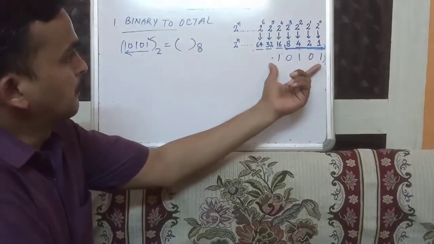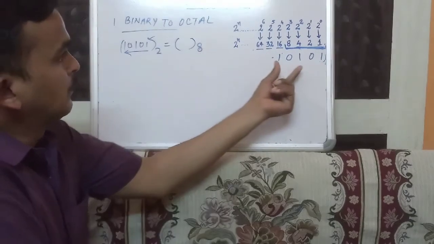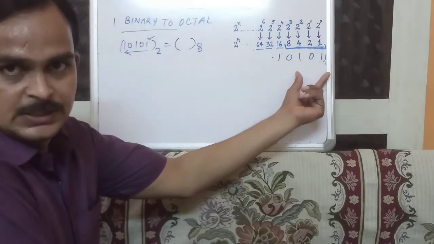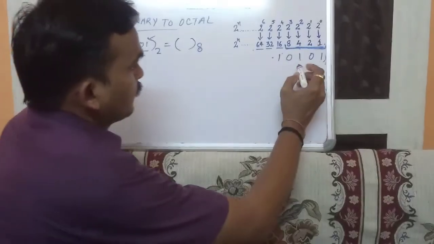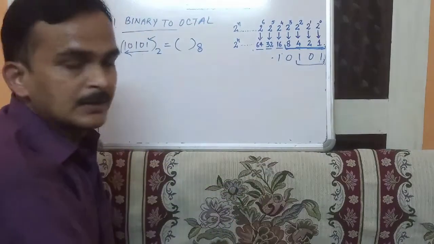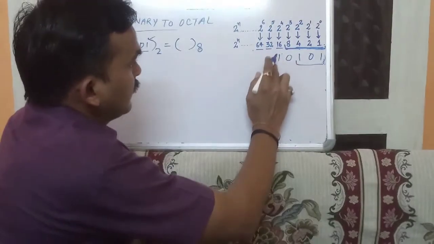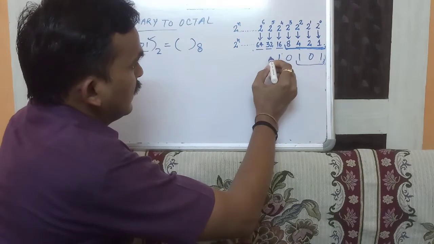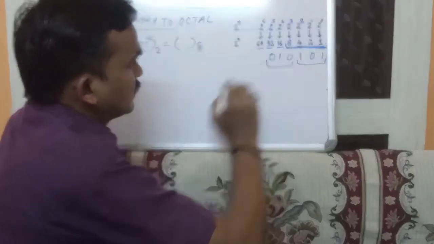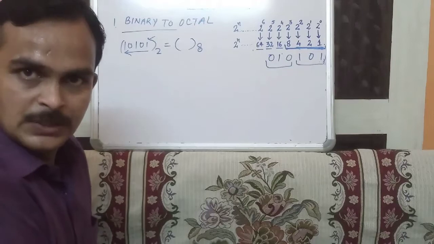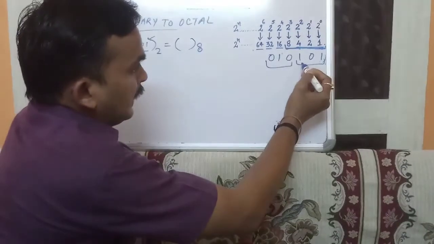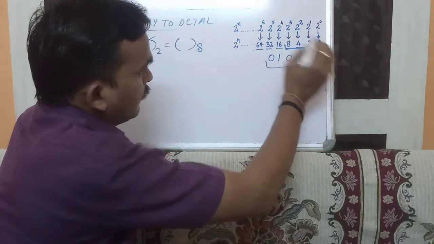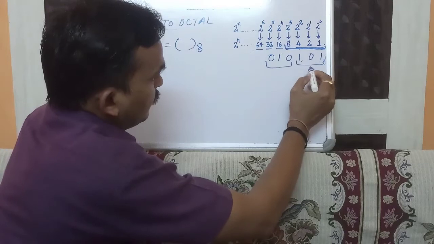To make the binary into octal, we will make combinations of 3 digits of the whole number. The first 3 digits form one pattern, and the remaining series has 2 numbers, so we will add a 0 here. So this is also a combination of 3 bits. Now we will again add the numbers which have the value of 1. So 4 has the value of 1 and 1 has the value of 1. So 4 and 1 is 5.